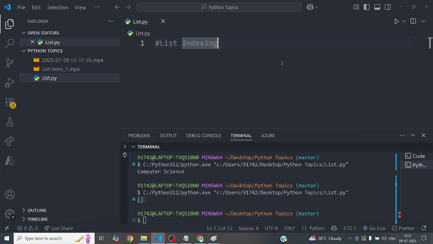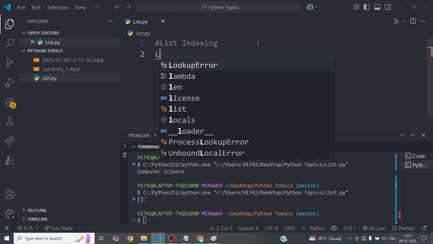Today we will learn about list indexing, right? What is list indexing? You will see today the concept of forward indexing and backward indexing. What is that? Suppose I have a list